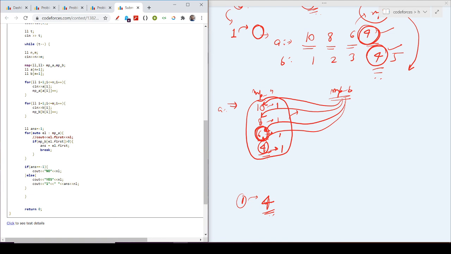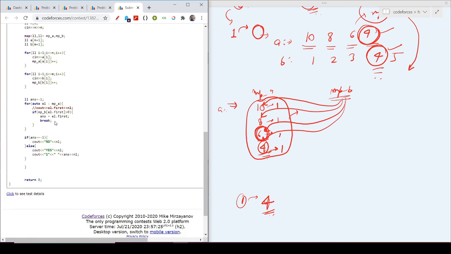So I check the count of that element in B. If it is more than 0, then I store it in my answer and break, because I have found one answer. If at last the answer is still -1, which means I obtained no value, I output no. If I have some value of answer, I output yes, then 1, and my answer as well.